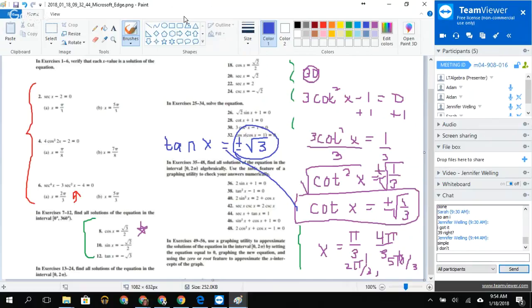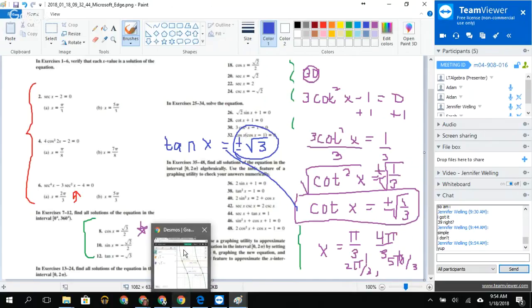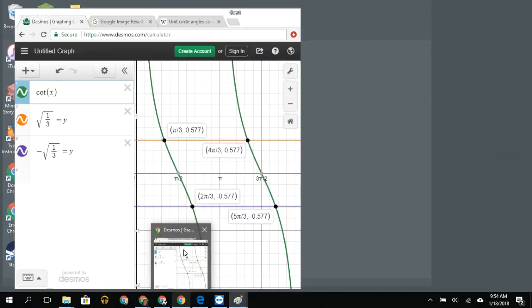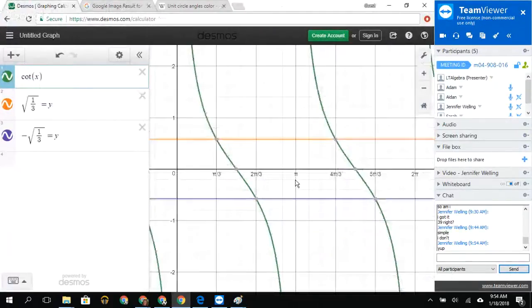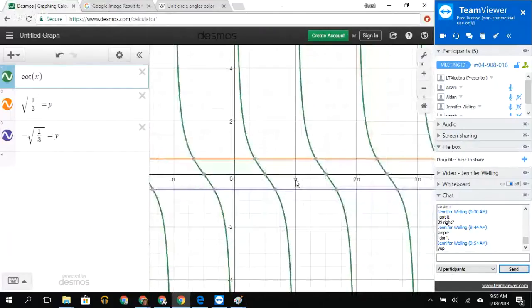We're almost done, I promise. Okay, so last little thing I want to show you. For number 24 and above, you'll notice when I go back to my graph, there's many solutions to my